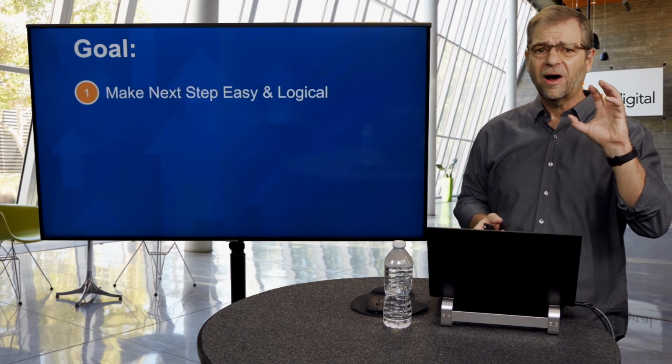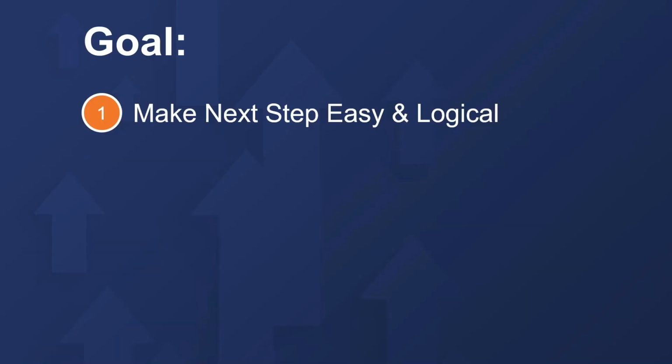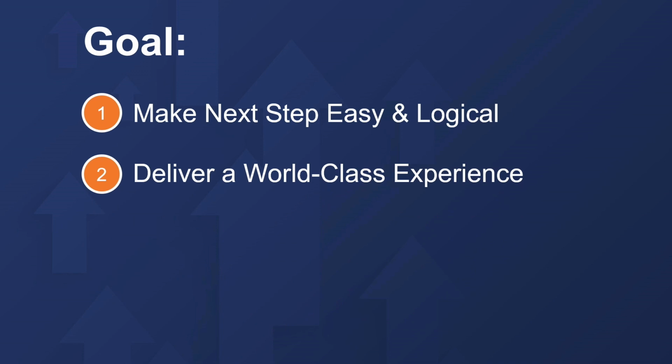Number one, just go through what are the logical next steps that our buyers need to get from point A to point B, or get from point A to the end of the alphabet, whatever you're talking about there. We want to think through those logical steps and make sure that we've given them information that helps them at every step. Number two, we want to make sure we're delivering a world-class experience, something that isn't cumbersome,